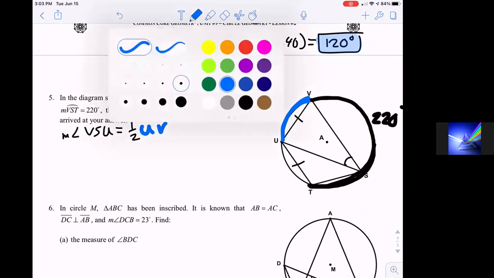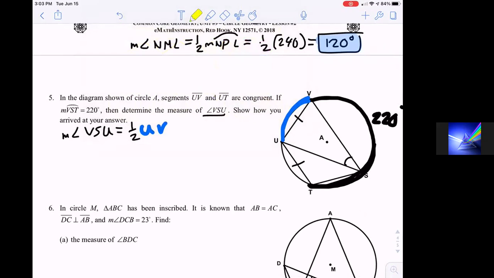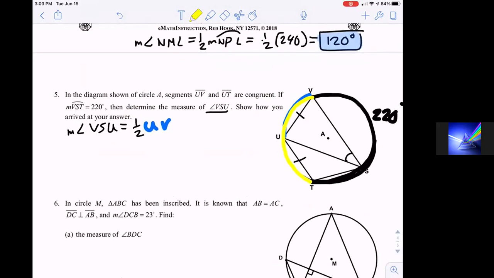We know that this part that I have here colored in yellow represents the other portion from the 220. So in other words, if I can find arc VT, arc VT is going to be 360 degrees minus 220 degrees,